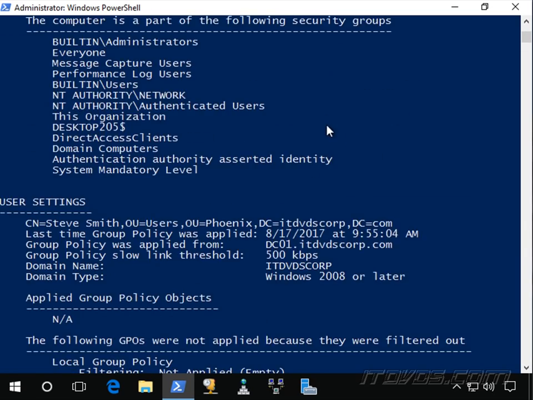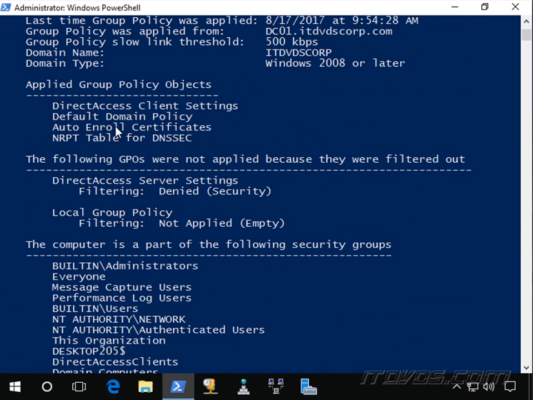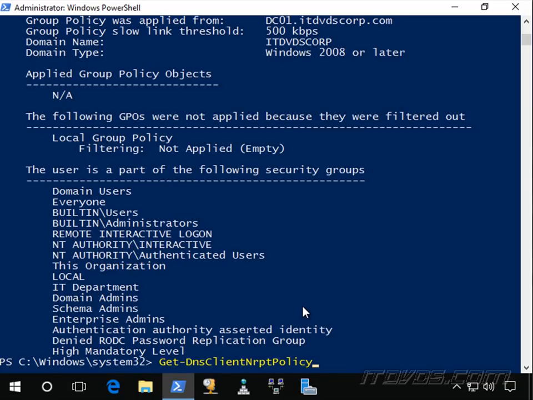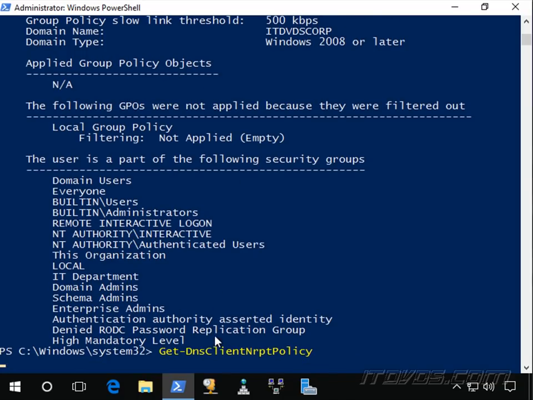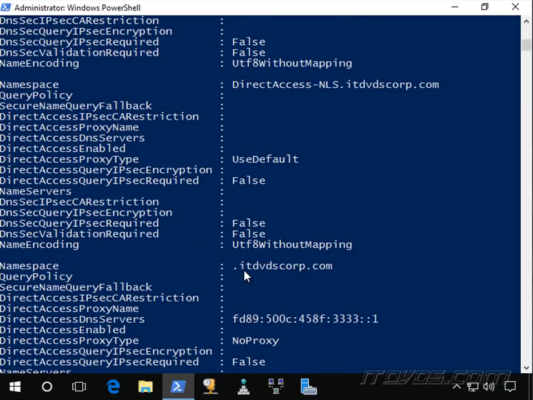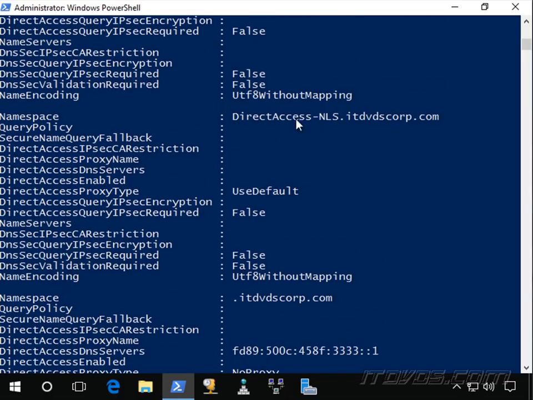And we can scroll up to see now it's been applied, direct access client settings, because it knows it's part of the direct access clients group now. Another command we can run to check if the settings did apply. I mean, they did, because we can see the group policy object ran against this particular computer. But we can use the Get-DnsClientNrptPolicy. This will show us our name resolution policy table. And then we can see the entries for